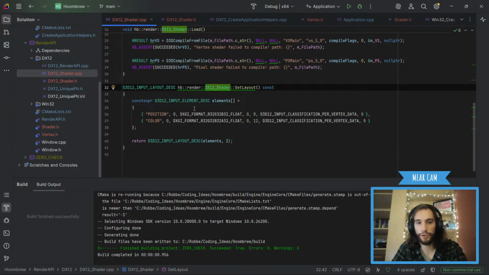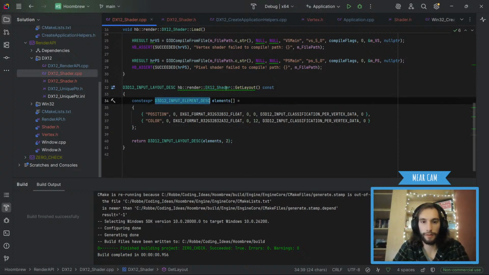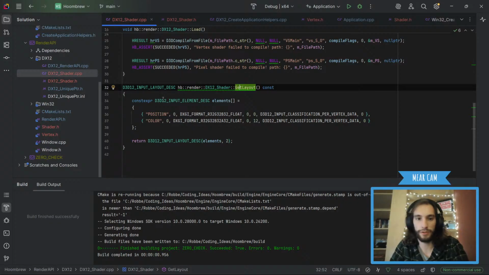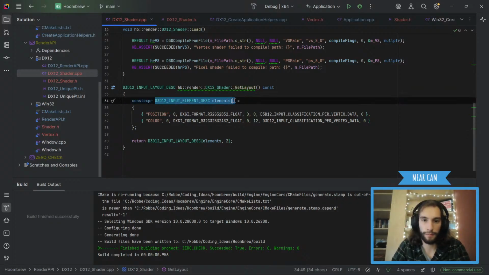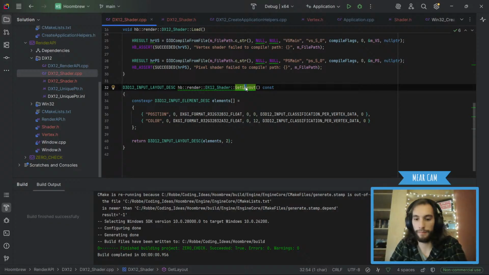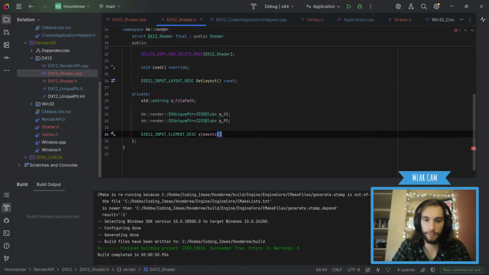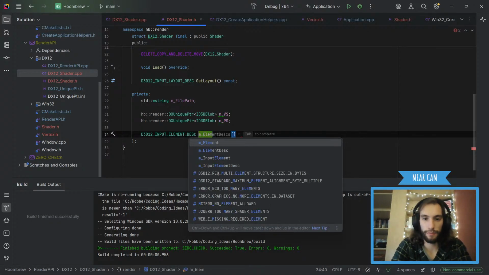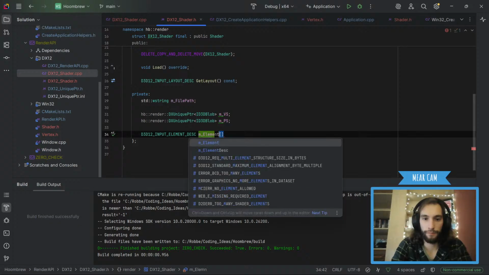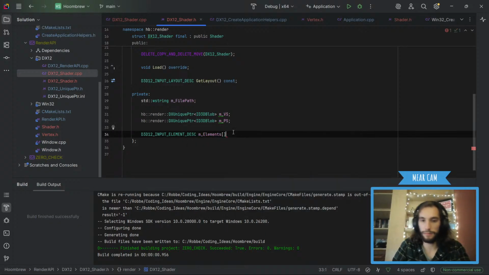So let's put in our shader a member, which is this. Which is shader layouts, m.element. Like that. That will be a pointer.